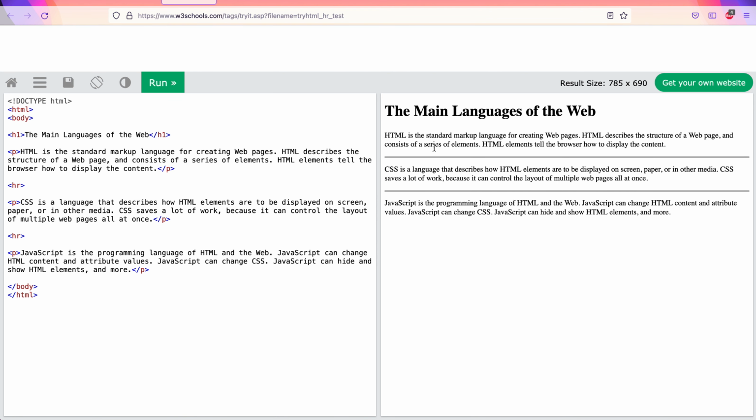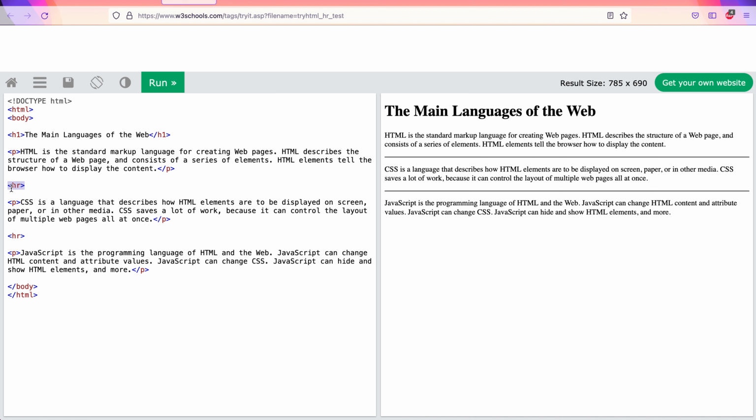Here there are several paragraphs, but there are horizontal lines that are separating the paragraphs. These are two paragraphs when the browser renders them. But then there is an HR tag. HR tag is instead displayed as a line.